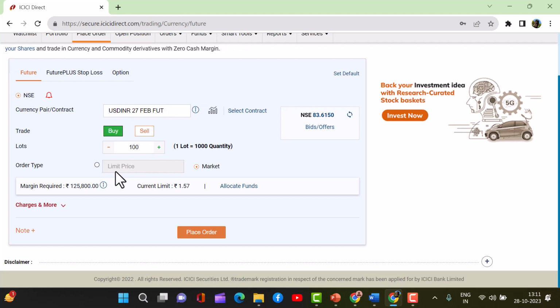Suppose I'm buying Reliance. Reliance is trading at 2200. I put a limit price of 2200. If Reliance goes to 2400, my order will not get executed. But if it goes down to 2100, then the stock exchange will immediately buy it. I'll be getting it at 2100. So it protects me from a loss of buying at a little costlier price.